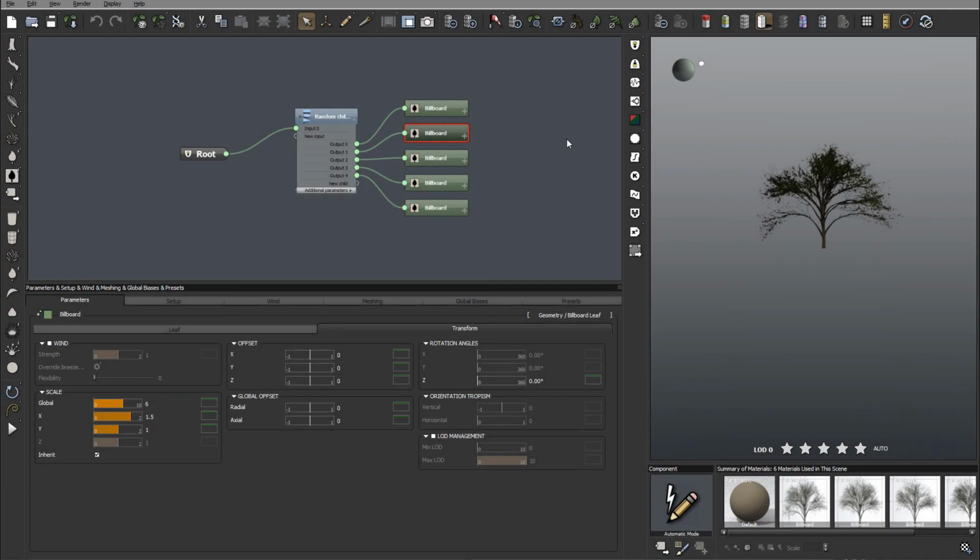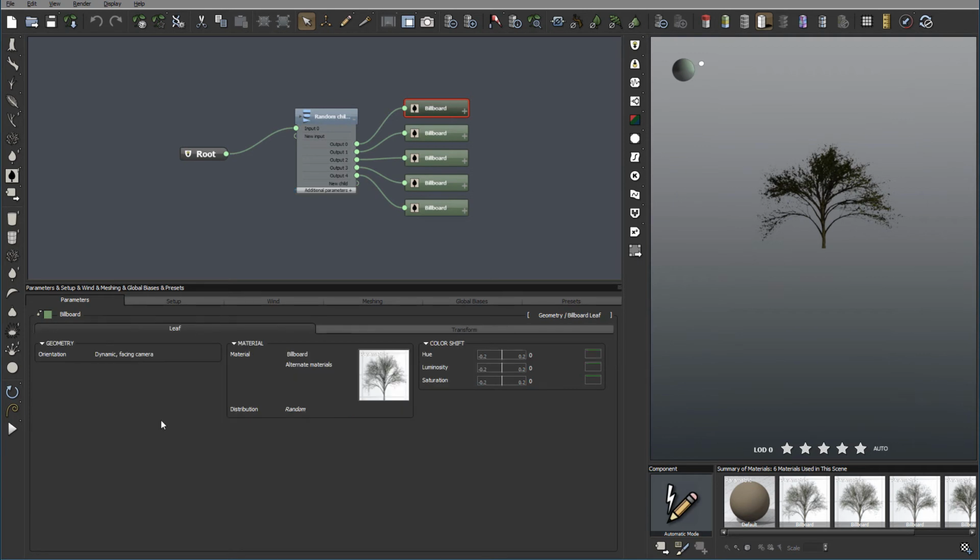Okay, so in this tutorial, I just want to look at some tips and tricks, kind of small add-ons that will make the alpha plane trees work a little bit better. First off, inside the billboard, if we go right inside and go to the leaf,